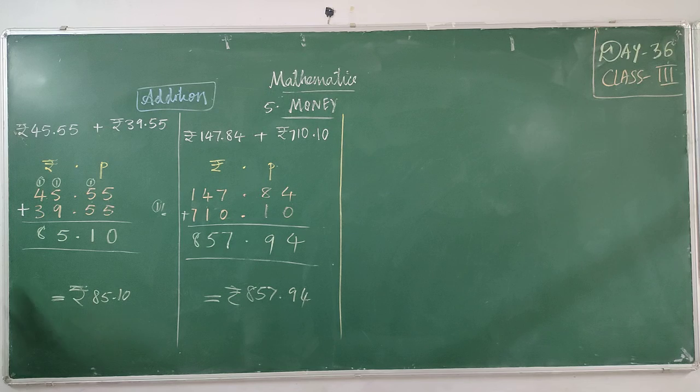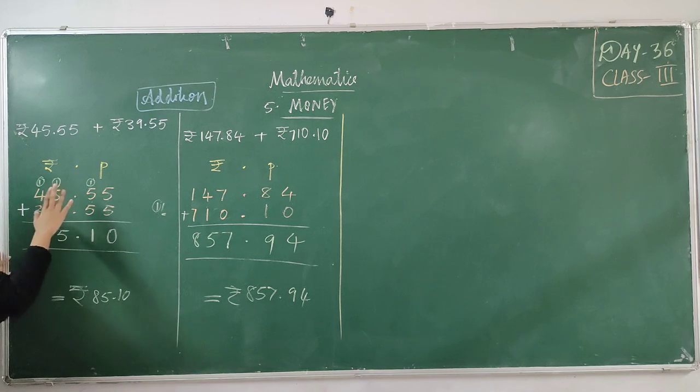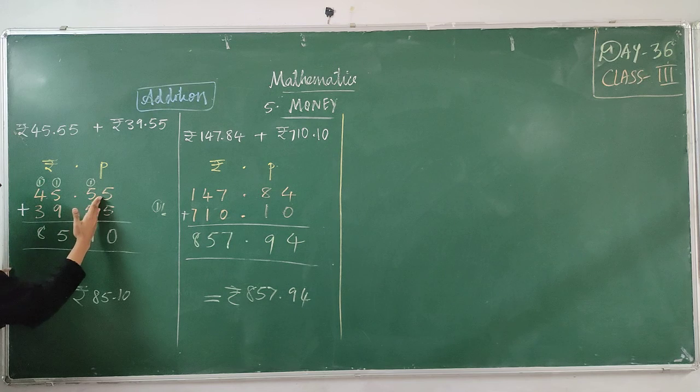I hope this addition you understood. Same as our previous addition chapter. Once tens place, you will not write the place value, you will put rupees column, dot, paisa column. In the rupees column write the rupees numbers, below the dots put the dots, in the paisa column put the paisa amount. Add it. While adding, if carrying is coming like we used to do in previous work, take the carry in the next row.